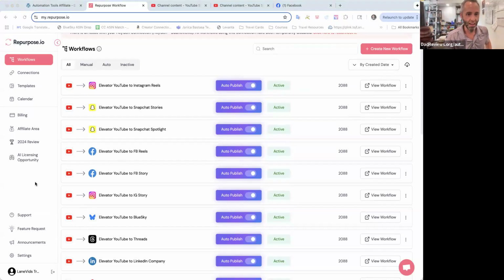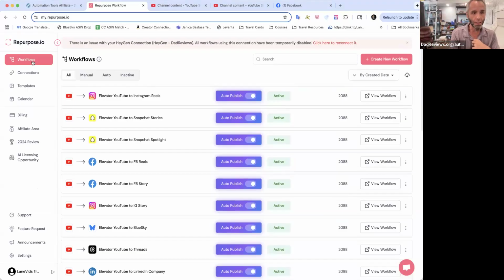If you want to get your homework done right now, again, the link is in the chat right there. And they have a free trial. At the top right, it says sign up for the free trial. You can simply click to sign up with Google to make the login easy. That's what I do. And then once you get logged in, they have the workflows right here on the side,